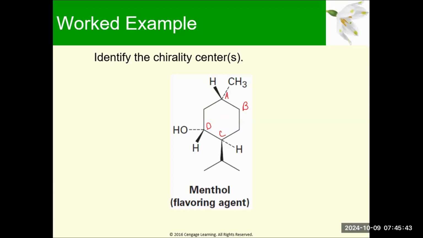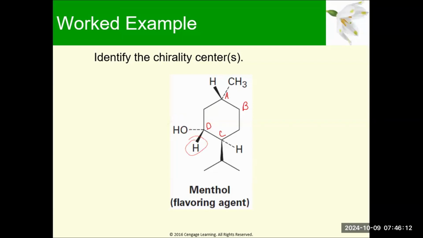Now let's look at C. Is there a line of symmetry if I draw a line through C? No. You have an isopropyl group here. You have a hydrogen, so that's 2 different things. If I go this way versus going this way, they are not identical. Therefore, C is chiral. And then if we look at D, for the very same reasons, I have a hydroxyl group,